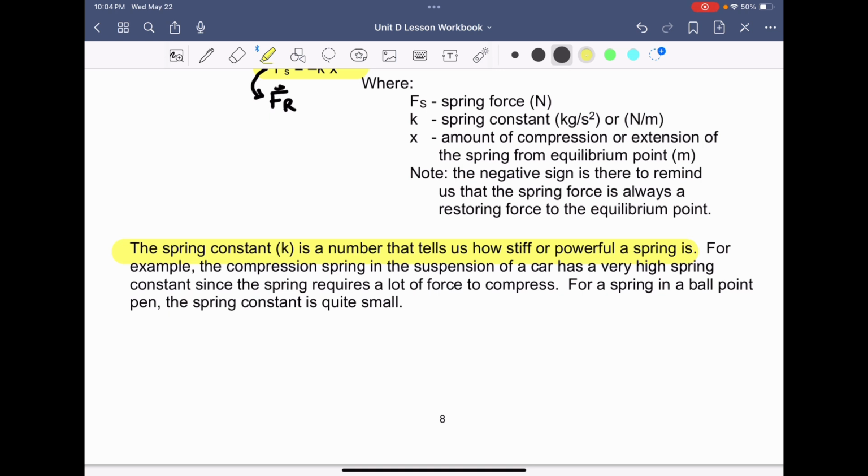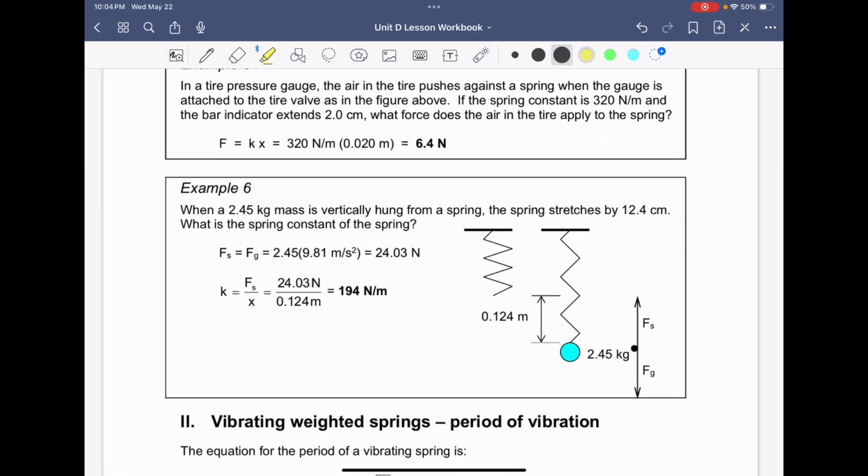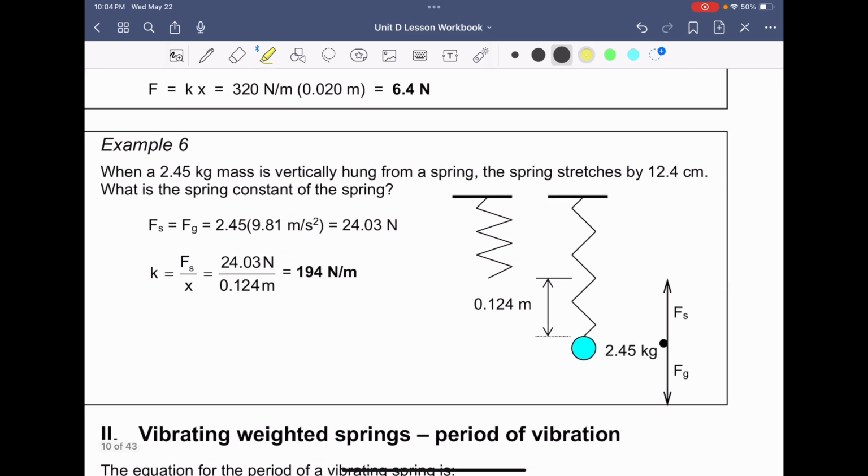We want the car to be able to handle a bunch of bumps and little divots in the road. So the spring constant would be a lot greater for a car. Now, let's skip forward to example 6 here, and I want to take a close look at this one because